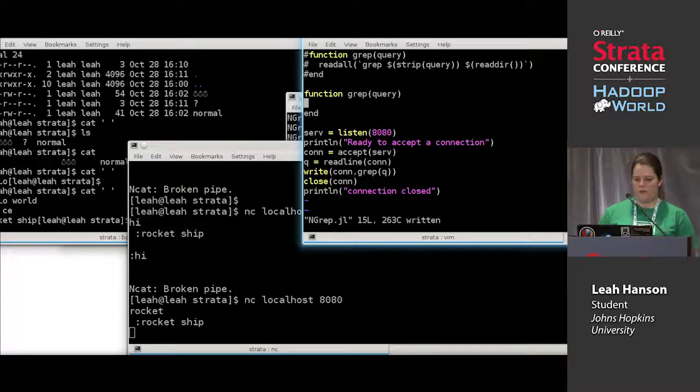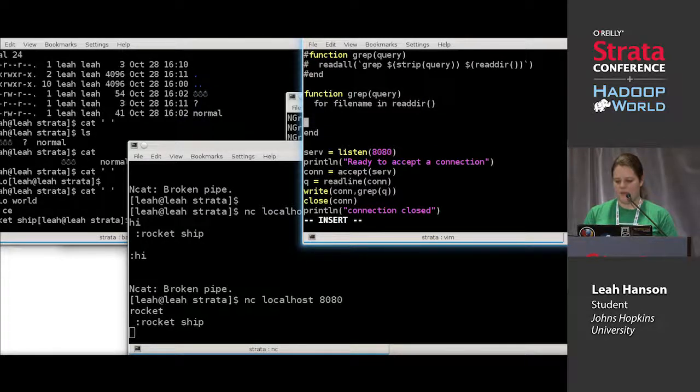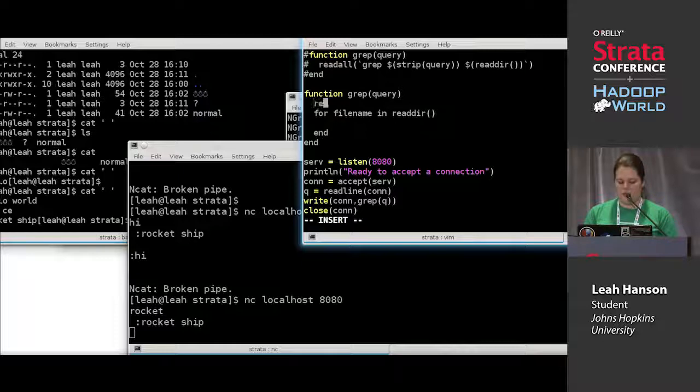That's what we've got in our results so far. So for filename in readdir, and now we don't need all of those parens and dollar signs since we're just calling the function. Okay, so I'll need a results string, and it starts out empty, and then